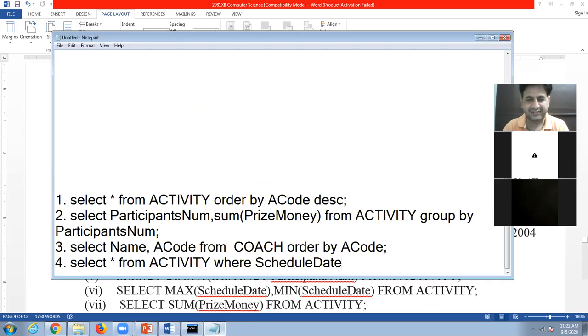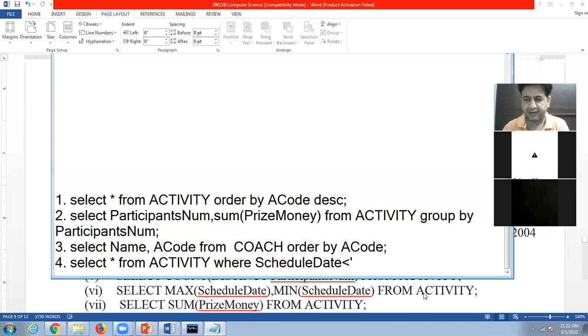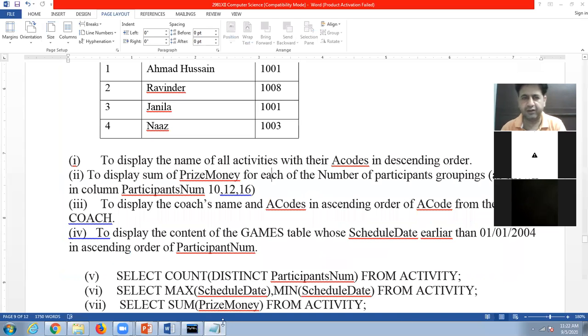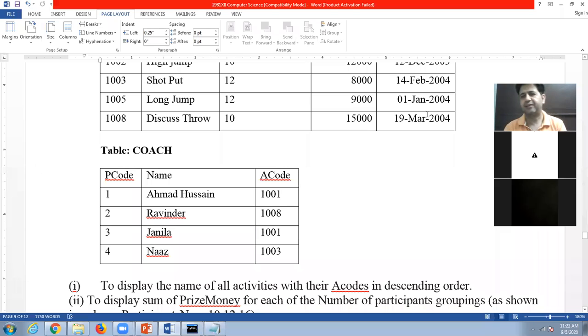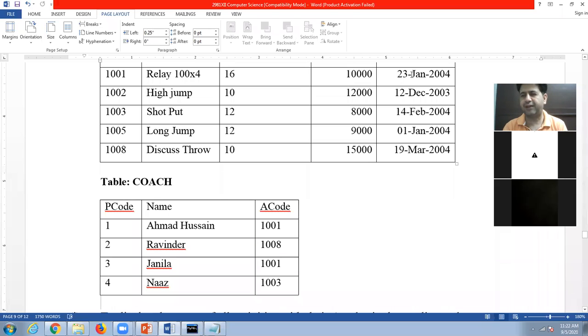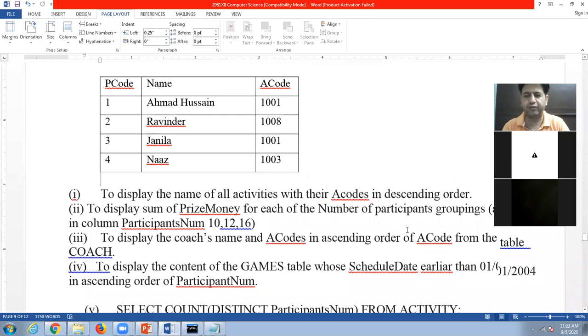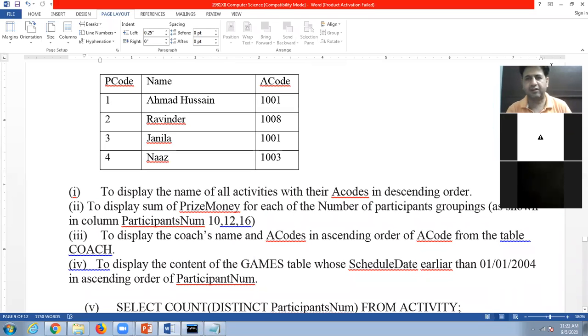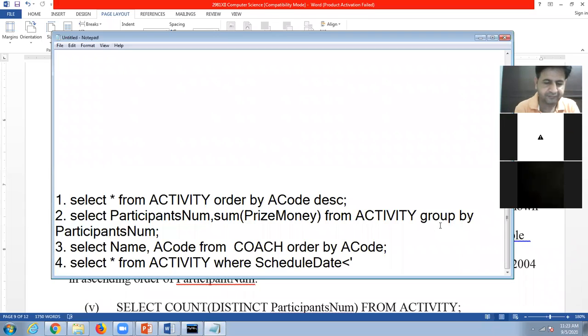It is less than, and here the date. The format you will use is as given in the table. Look here: first month in numeric, then day in numeric, month in text, and 2004. You will use the same format given in your question. Even then, this is not the actual format which we use in the MySQL server. So look here.